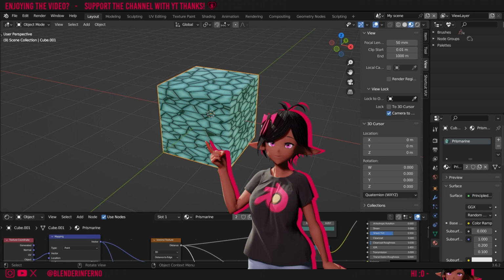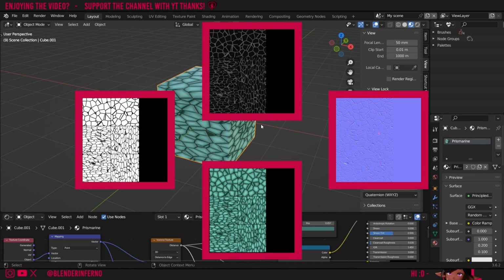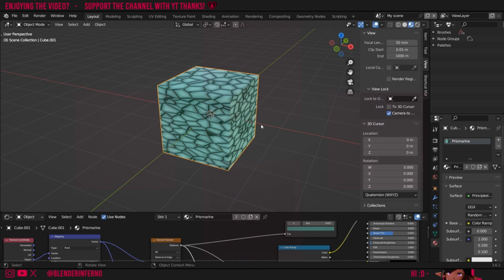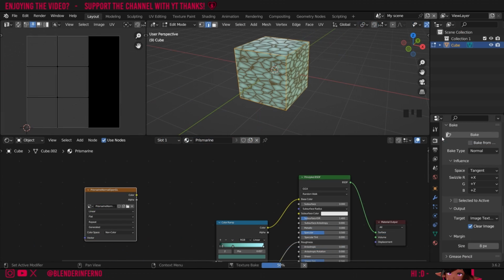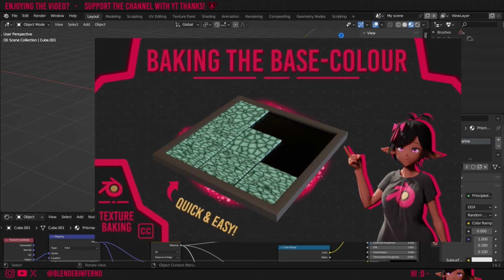Do you want to learn how to turn procedural materials into image textures inside of Blender, so you can then use them in other 3D softwares and other blend files? Well, in this quick YouTube course, you will learn how to bake your materials into different types of textures to use with shaders. In the 5 episodes, you'll learn how to make the base color map, responsible for the color